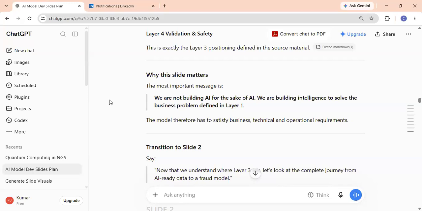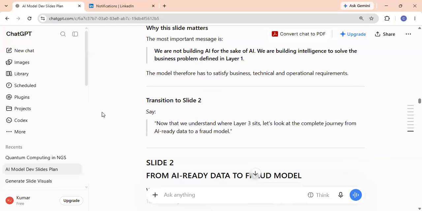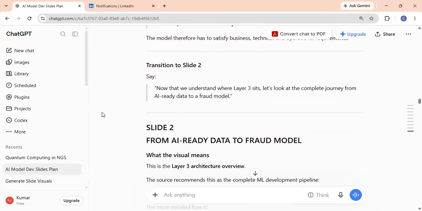So proper planning is not there. Proper governance was not planned yet. That is the issue. So the model therefore has to satisfy business, technical and operational requirements. That is the one. Then transition to slide 2 is to say: now that we understand where layer 3 sits, let